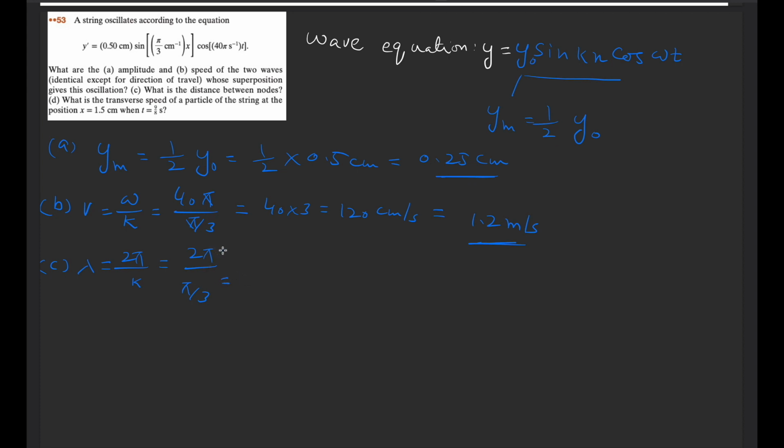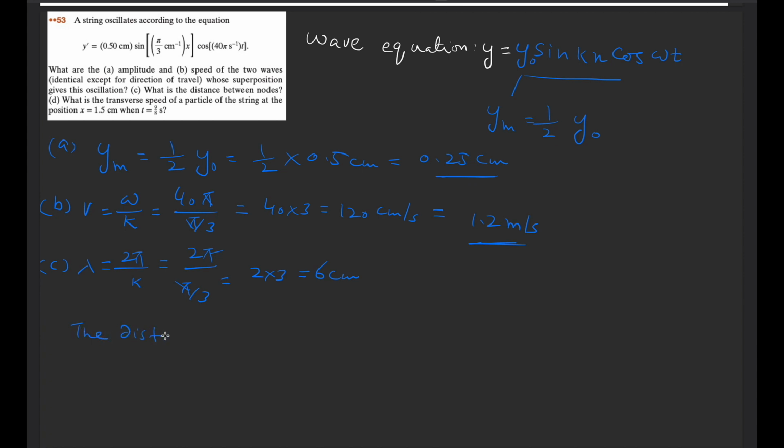So again pi cancels out, and this 3 will multiply by 2, so we will get 6 centimeters. So this is the wavelength of this wave,